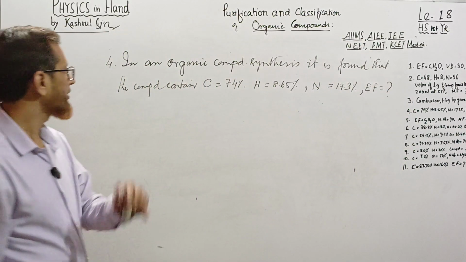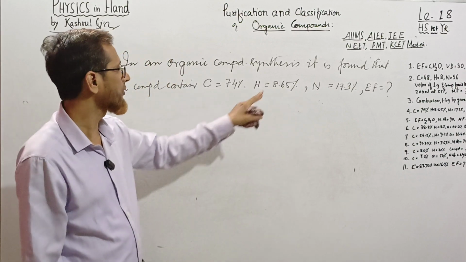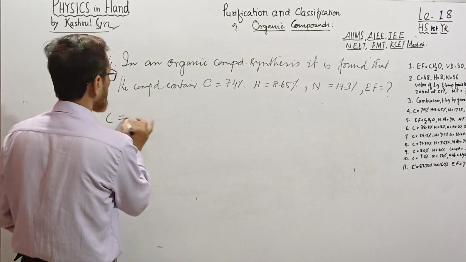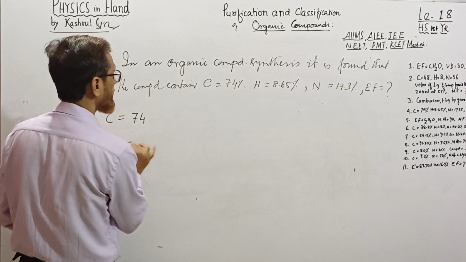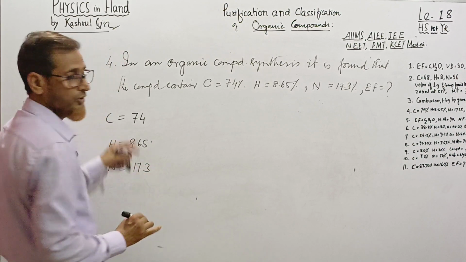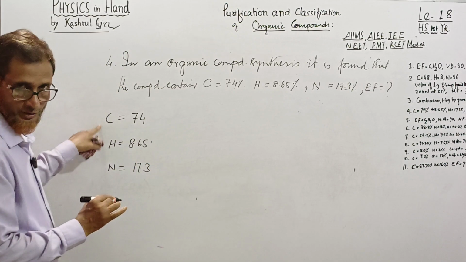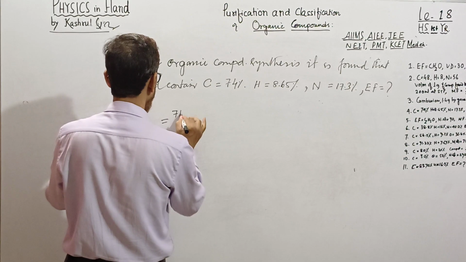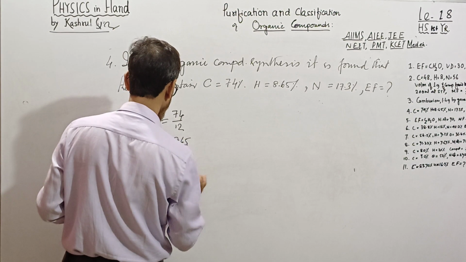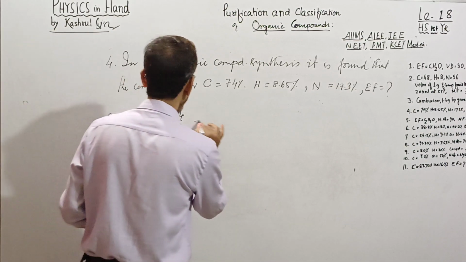On synthesis of an organic compound, it is found that the compound contains carbon equal to 74%, hydrogen equal to 8.65%, nitrogen equal to 17.3%. What is the empirical formula of that compound? So here carbon is 74, hydrogen is 8.65, and nitrogen is 17.3. If you want to find the number of moles of carbon, hydrogen and nitrogen, we divide by the atomic mass: 74 by 12, 8.65 by 1, 17.3 by 14. So this is the number of moles, am I right? Now if you divide it,